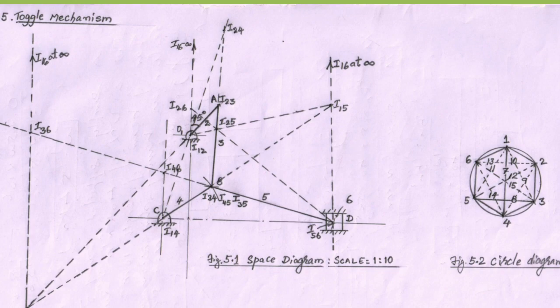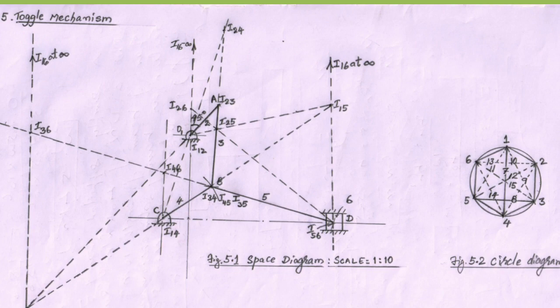After getting point C, with the help of a compass, you have to get the B point. That means CB as radius, one arc, and AB as radius, one more arc. You will get B point. After getting B, draw a horizontal line through C. With B as center and BD as radius, you draw an arc, and you will get D point. So this is the way to draw the space diagram. The space diagram is always drawn to scale. Now come to the circle diagram.